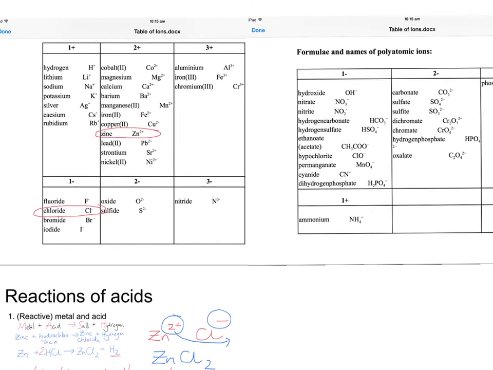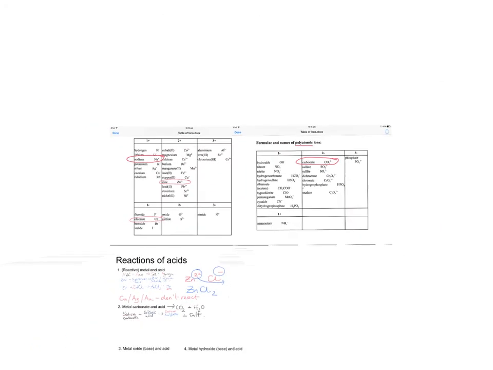So sodium is here, and the carbonate ion is actually over here in this other table because it's a polyatomic ion. A polyatomic ion simply means that there is more than one atom which makes the ion, and you can see that in carbonate because it's got carbon and 3 oxygens which make up the ion with a charge of -2. So let's go back